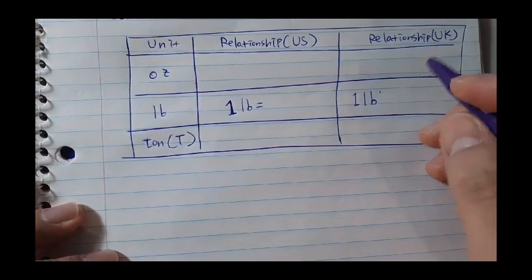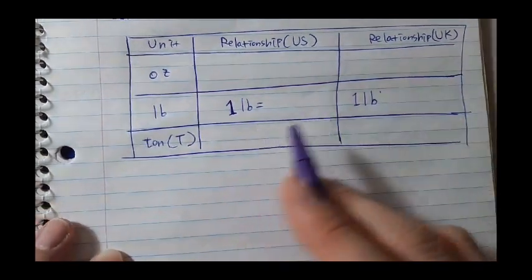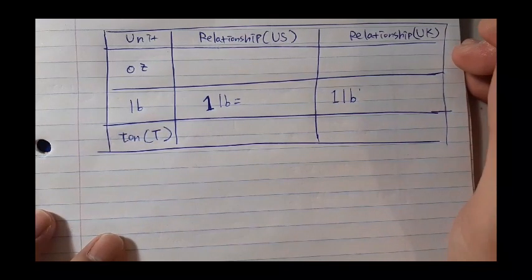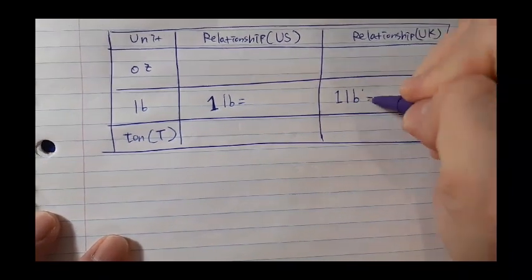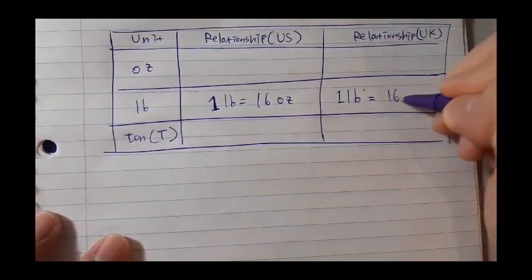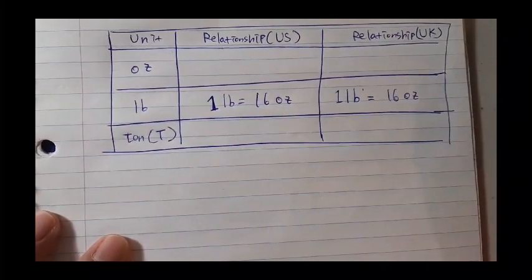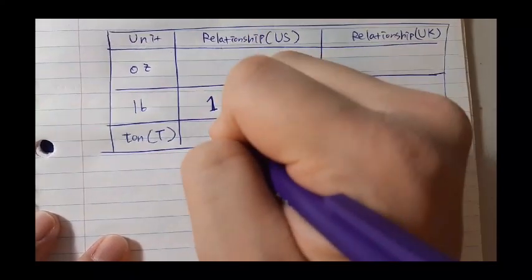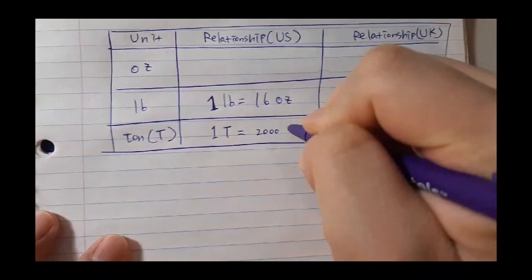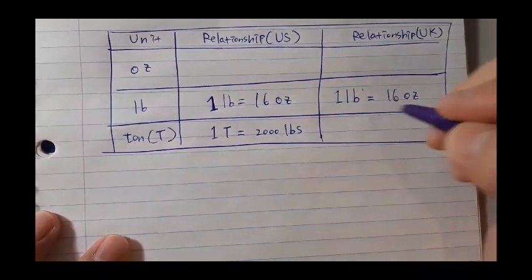To differentiate 1 and L, I'm going to specifically have a little bit of a pointy end for 1. The table gives you that 1 pound is equivalent to 16 ounces. Now also the table gave you that 1 ton is equal to 2,000 pounds,